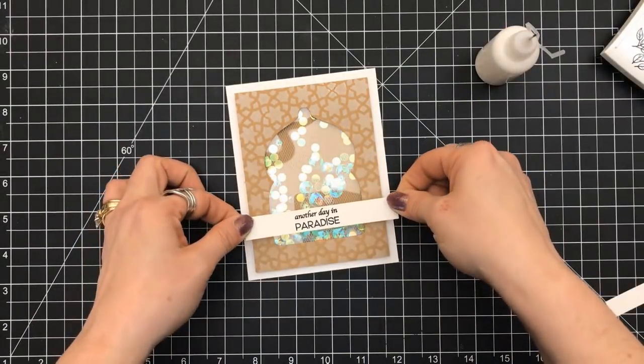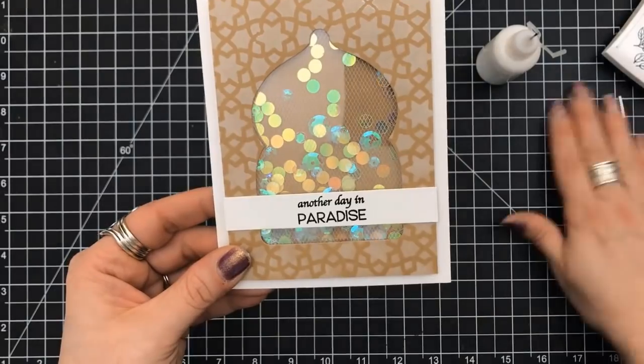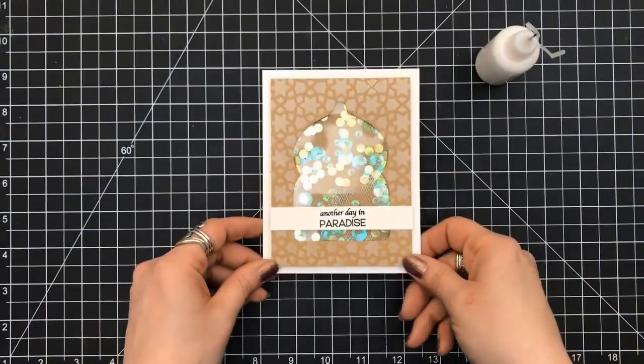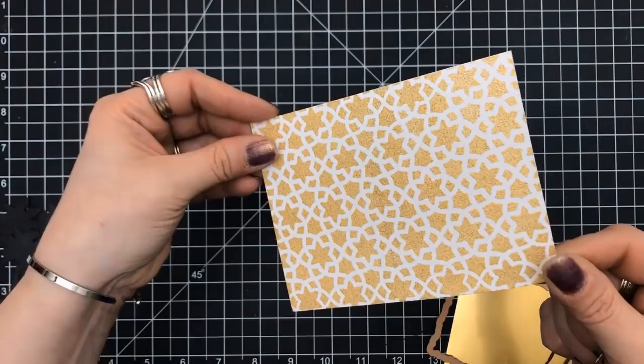So I'm going to adhere this sentiment along the bottom and just trim at each end so that it's even with the panel that we put on there. And I think it's really pretty. Again, simple background being the focal point. So the next background is the clear gold